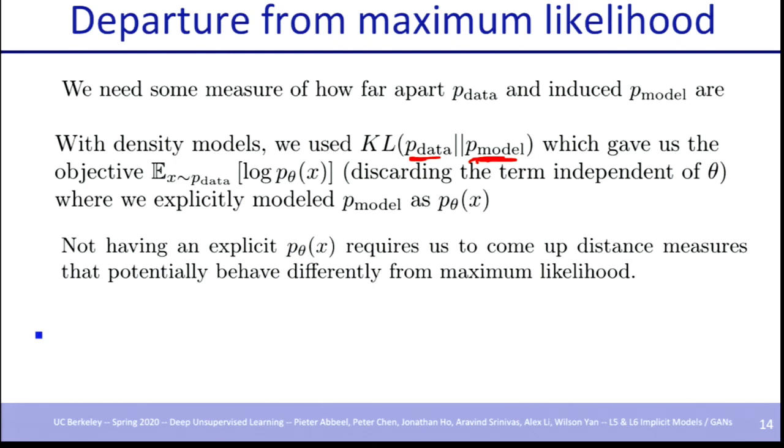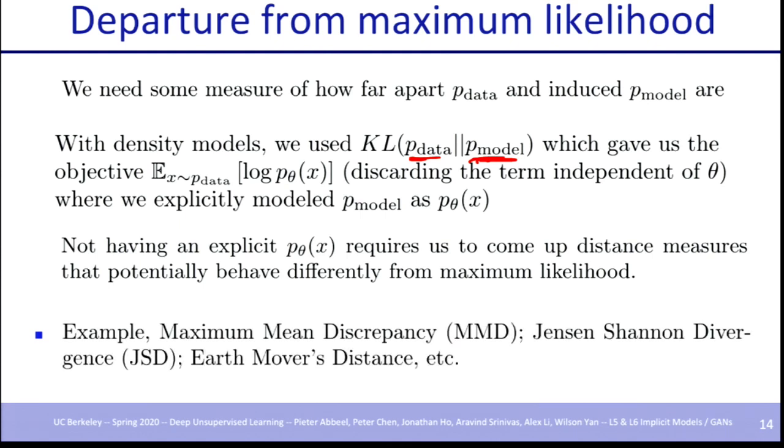And within GANs, we'll see that there are actually quite a few different distance measures people have come up with. Variations on the same theme, but not always the exact same distance measure. Some examples are maximum mean discrepancy, which we'll cover at the very end of next lecture. The Jensen-Shannon divergence, which we'll see approximately gets somewhat optimized by the regular GAN, and then Earth mover's distance, which matches with what we'll later call Wasserstein GAN.